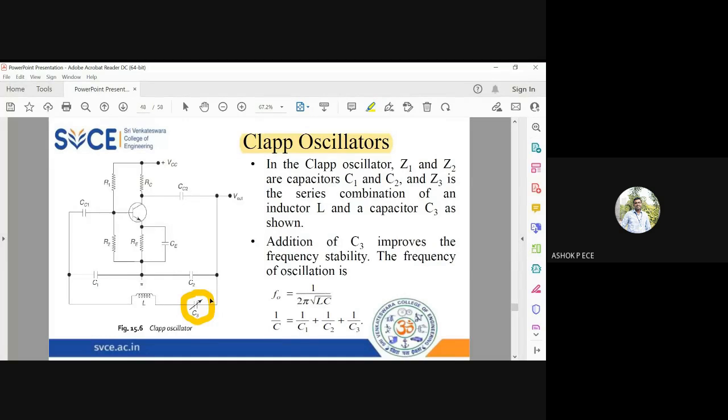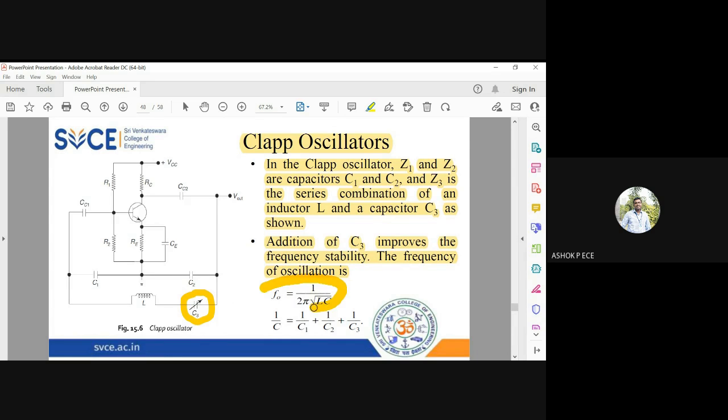So I'm going to add this extra capacitance C3, which is also a variable capacitance, which is going to ensure that my device can be used for multiple frequency operation, as well as improve the frequency stability of my device. Other things, the working, everything is going to be the same. So the addition of C3 will improve the frequency stability, and the frequency of oscillation is given by the same formula,